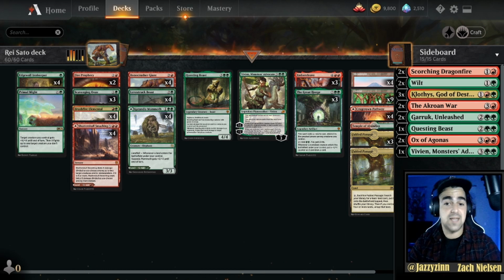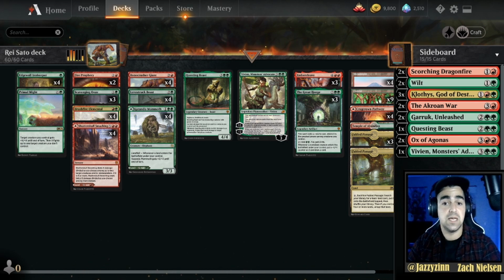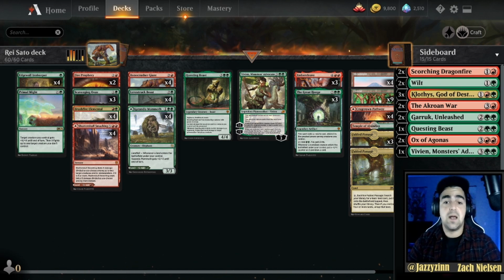So now we're entering the top 3 most played decks in the meta right now. We're going to start with number 3, Rakdos midrange, and this deck has a lot of good tools against this deck, actually. So in the sideboard, we have great cards like Klothys, the Crowan War, and Ox of Agonis for